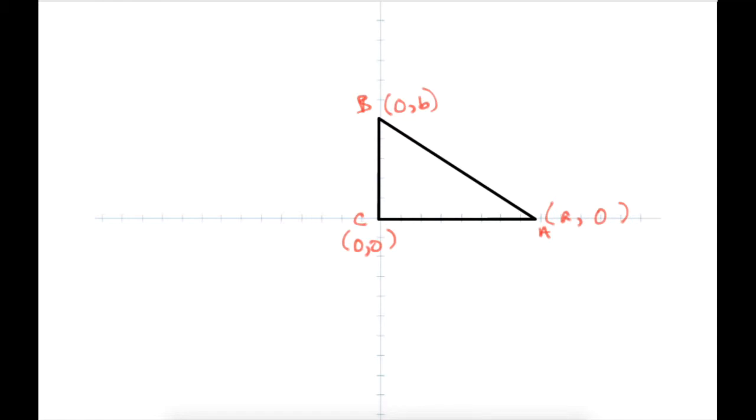Now we want to prove that the midpoint of the hypotenuse. So let's look at the midpoint. We'll call it D. And using our midpoint formula, we know that it has to be A over 2, B over 2. And we want to prove that that is equidistant from the 3 vertices. Okay, so already we've done most of the work. What we want to do is show that D is the same distance from A, B, and